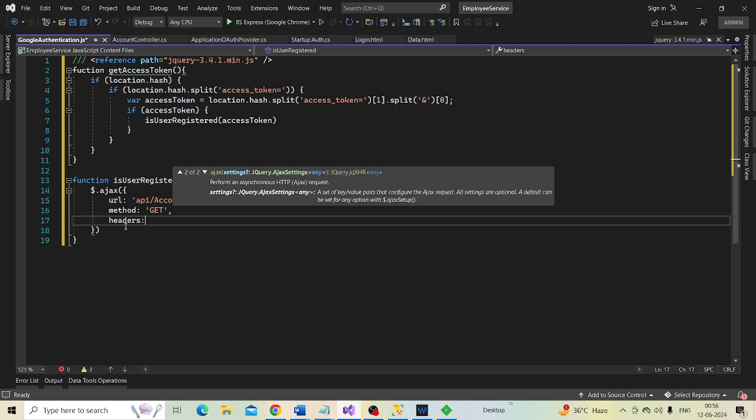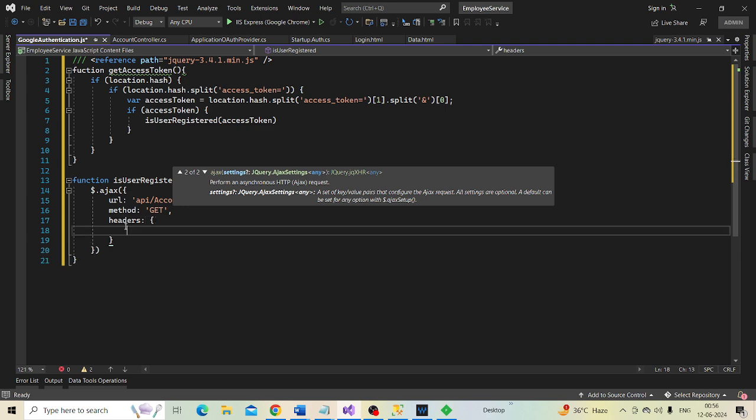First, let's specify the content type header. Content type is application/json.